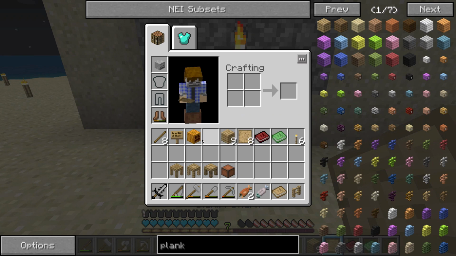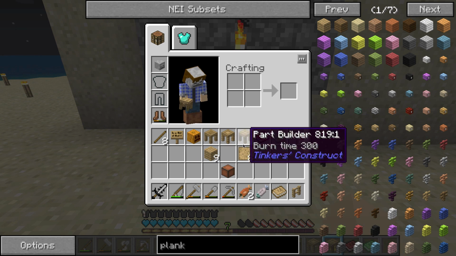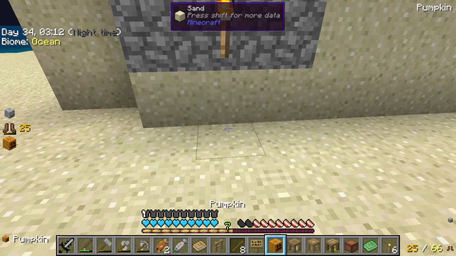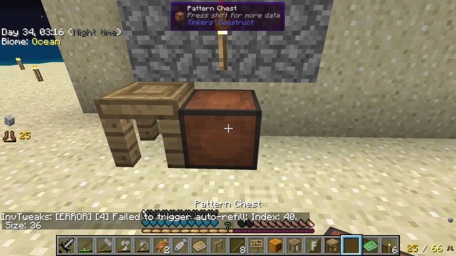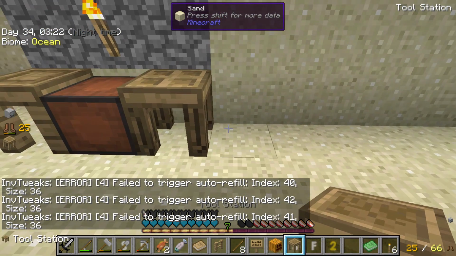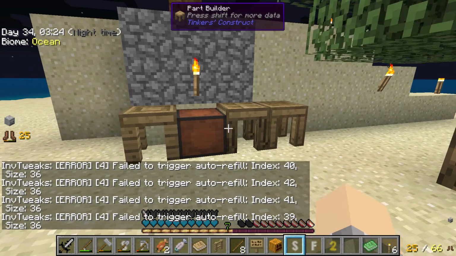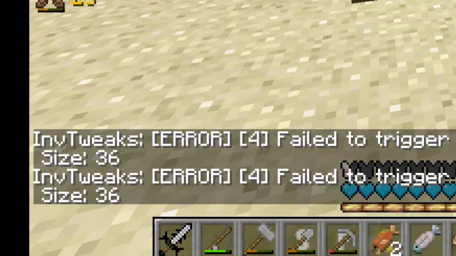So let's see, what order are we going to put these in? I don't really remember what order they're used in, so I think we start off with a stencil table to make stencils, and then we'll store them in here where we can access them from the part builder, and then finish everything up with a tool station. Now, if you don't know how to use this mod, and oh my gosh, look at all those...